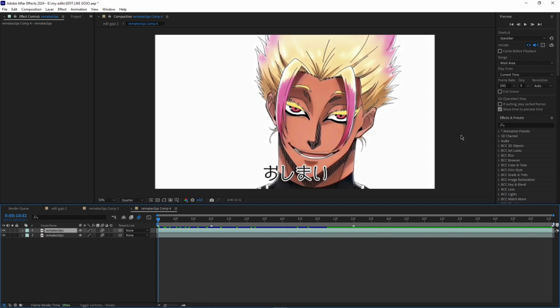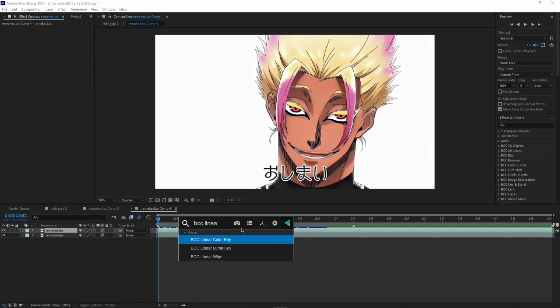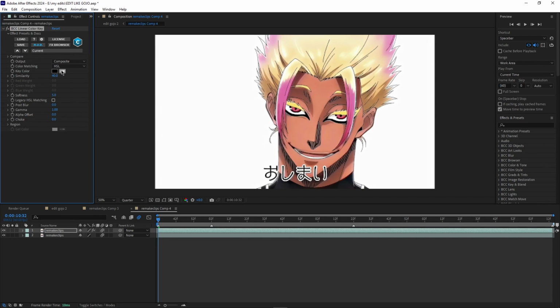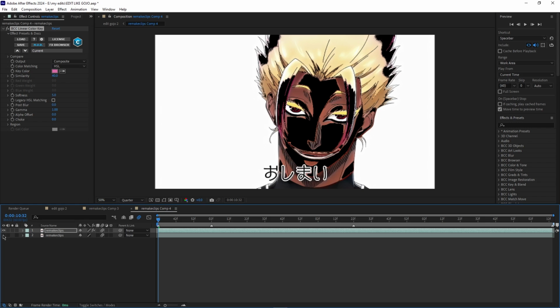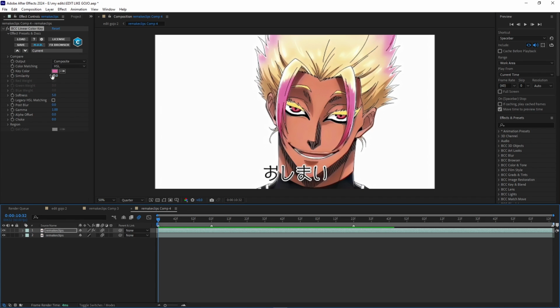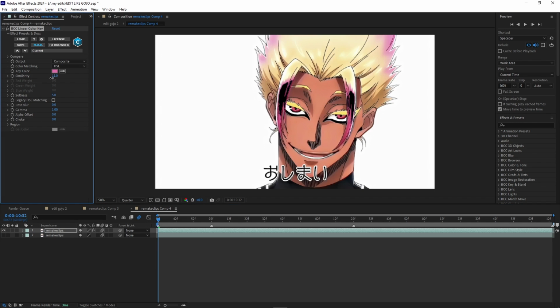Try my best. We go to effects and presets and search for BCC. Linear color key is like the normal color key, but a little bit different here. We choose the hair with the pipette here. You can now see which colors are selected or not. We have to set similarity a little bit down. Wait, I cannot see the clip because we want to keep the pink kind of out, so we have 21,